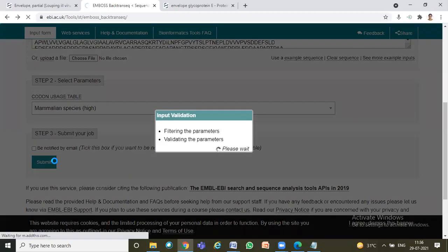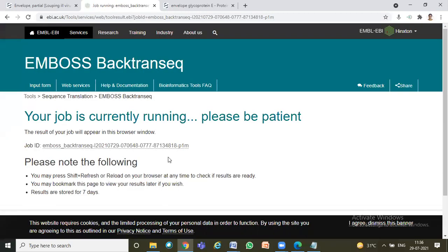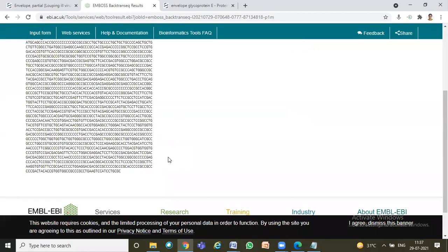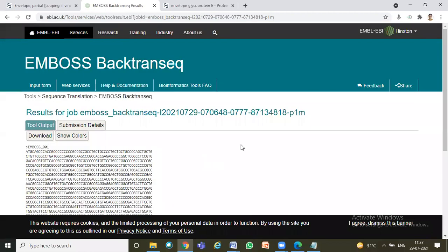You can use any mammalian species and wait for some time. Accordingly, your DNA sequence will be generated. So this is the DNA sequence generated from the EMBOSS back transect, right?